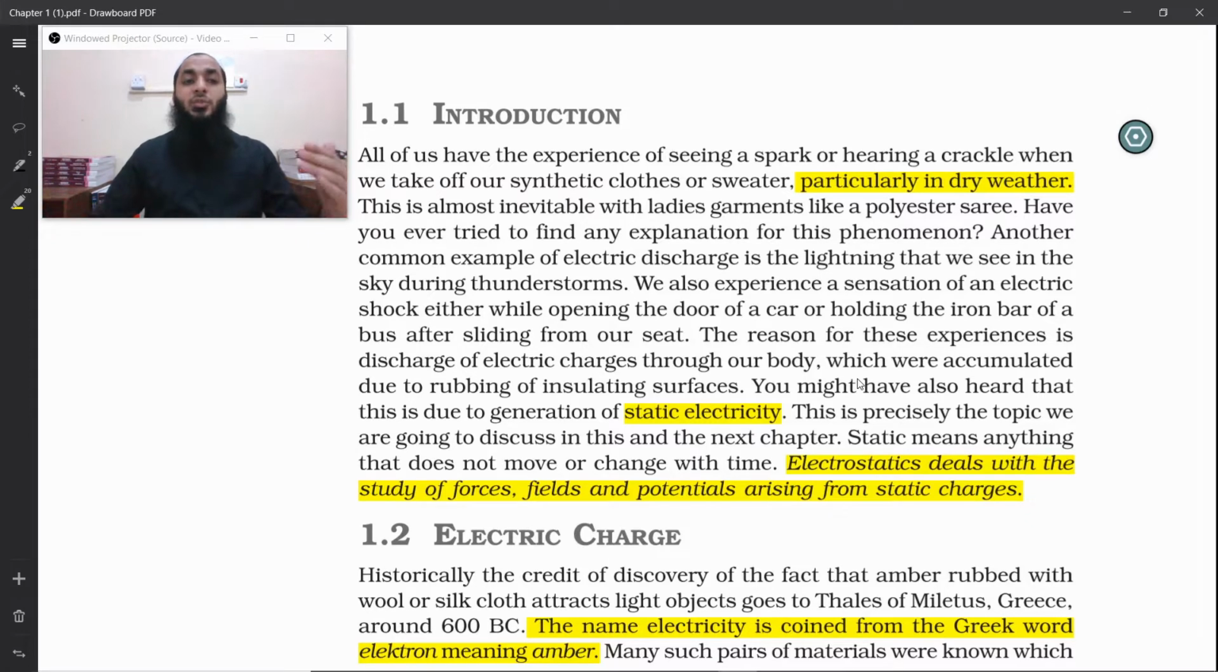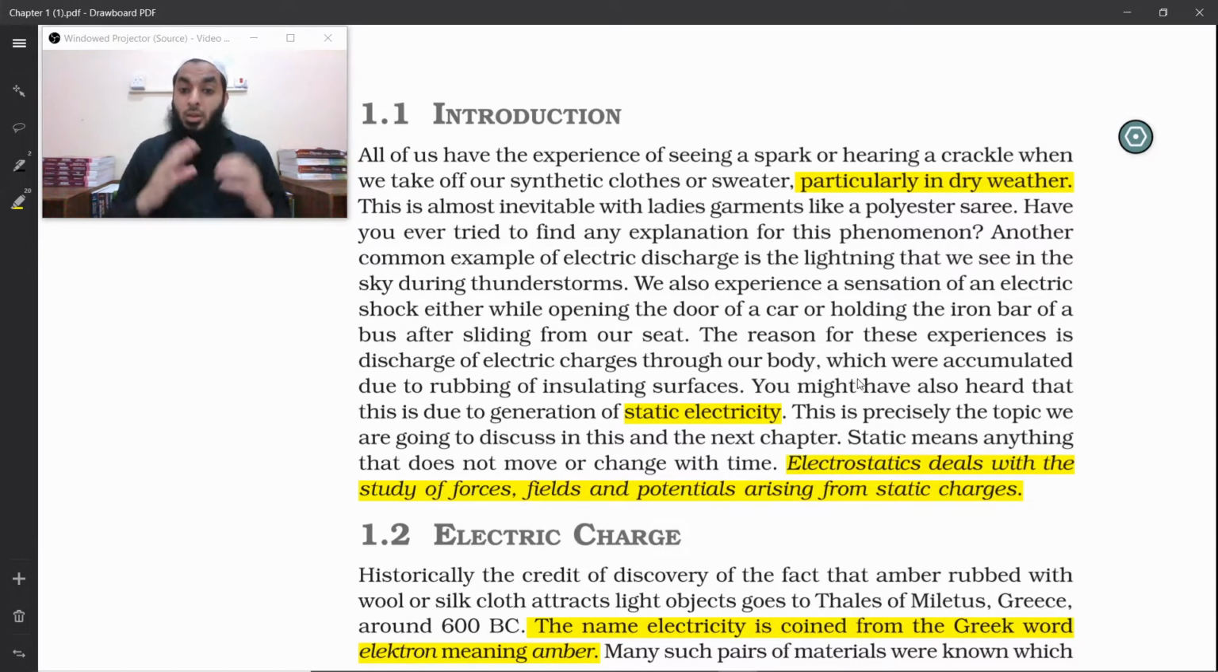So because of this friction, the electrons get enough energy to get knocked off. Just think about it. If you rub your hands, they feel hot after some time. So what is happening? Due to friction, there is a transfer of heat energy. The same thing happens with these materials. When they are constantly rubbing against different surfaces, they get enough energy so that electrons jump from either surface to